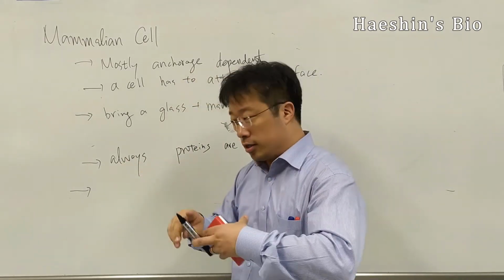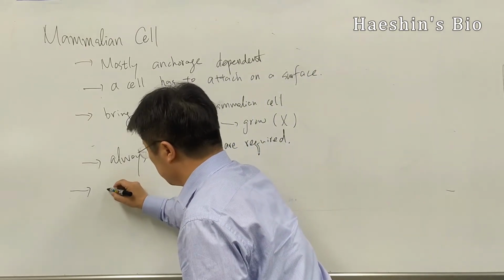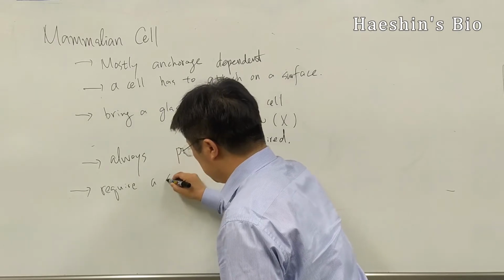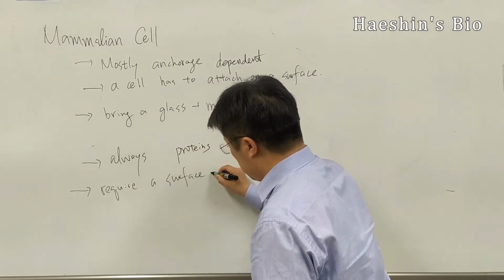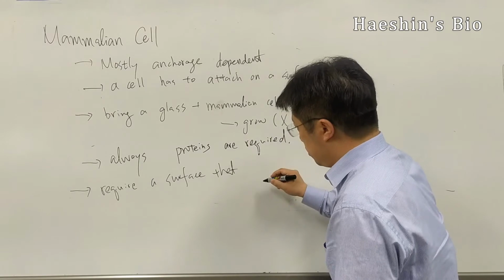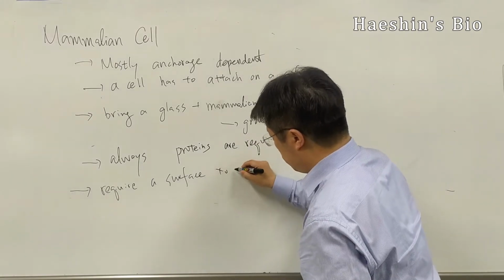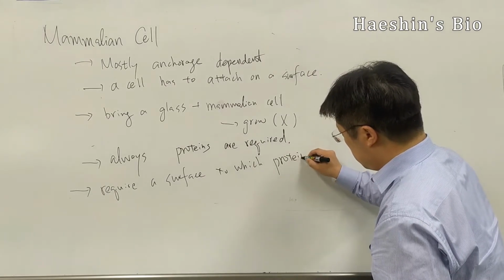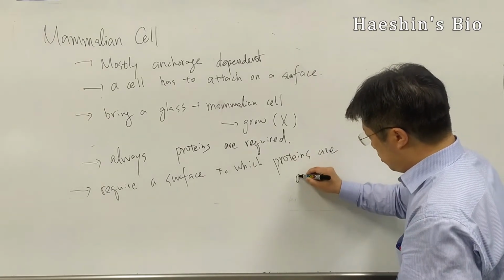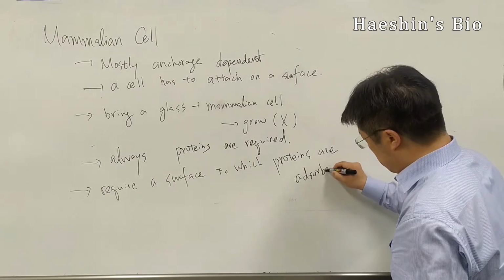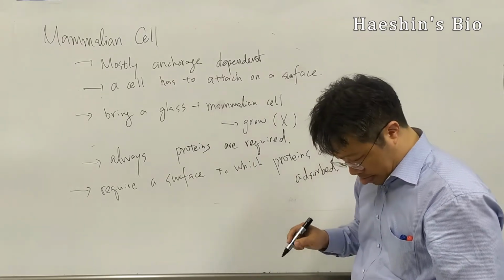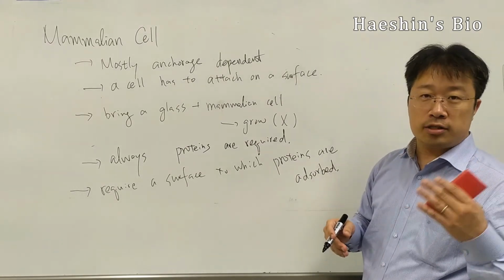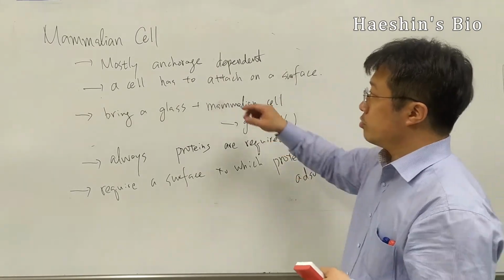Combining these, you require a surface to which proteins are absorbed. So this is the first thing that I want to teach you, that to grow mammalian cells,